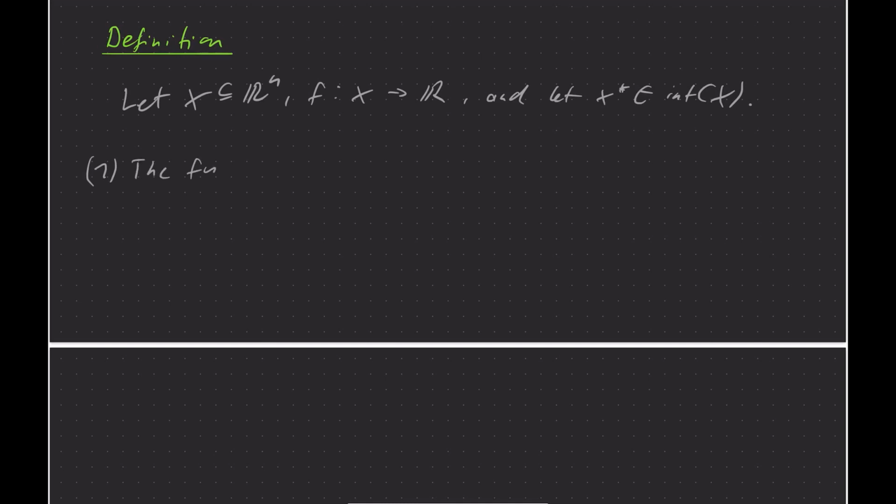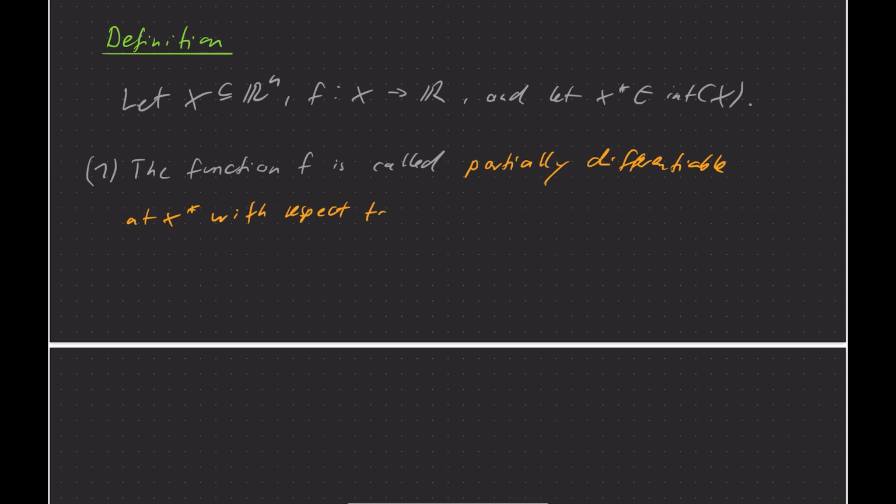So the function f is called partially differentiable at the point x star with respect to xi, or the ith direction, if